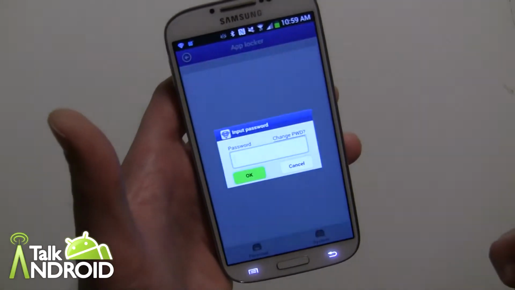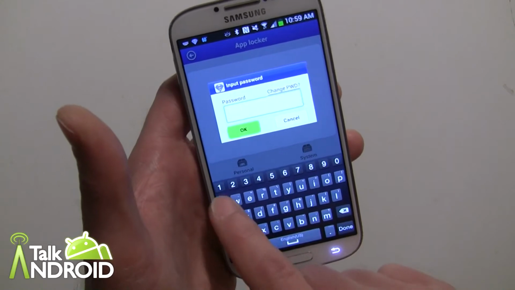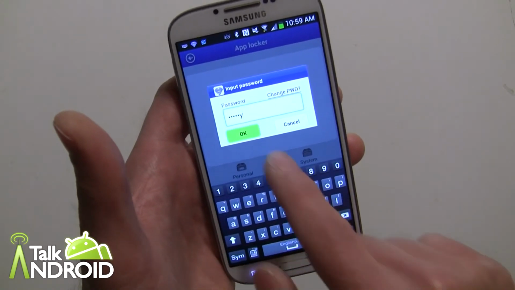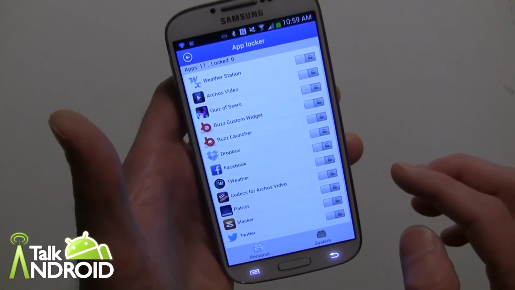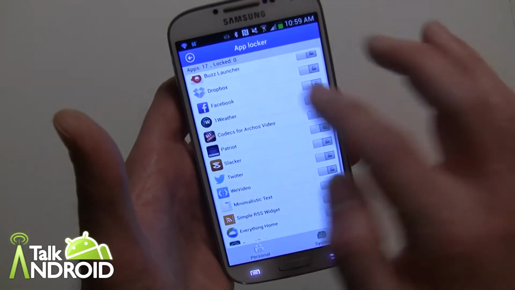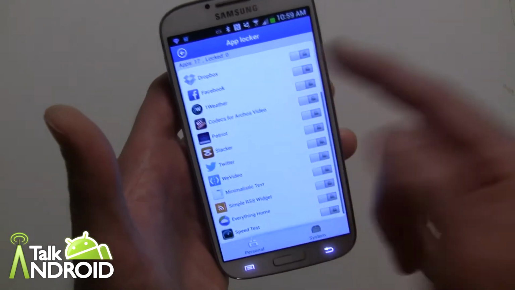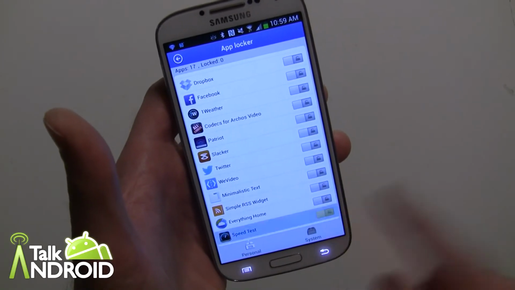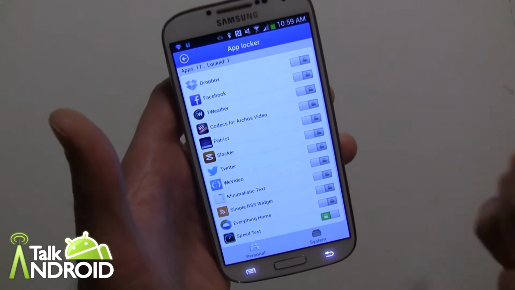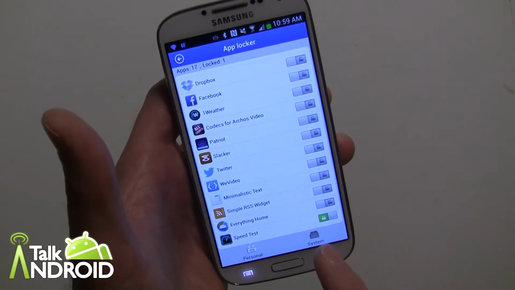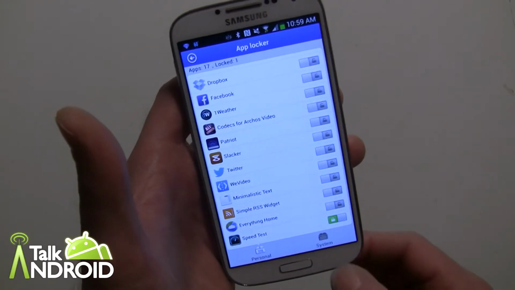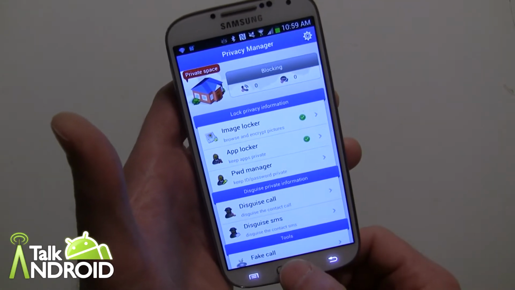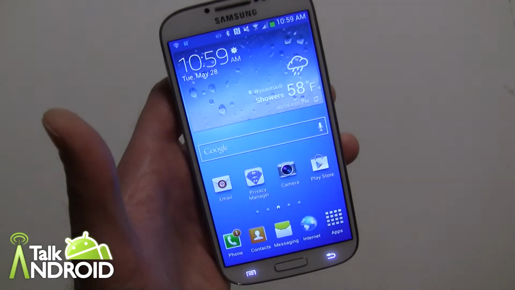And then the app locker, again, I set it as the same password. And you can set, basically all your apps that are on the device are going to show, and you can just tap to lock. Let's say I'll lock Speed Test. You can lock a number of them, and you can also check out system apps as well. So Speed Test is going to be locked now, and let's just go out here